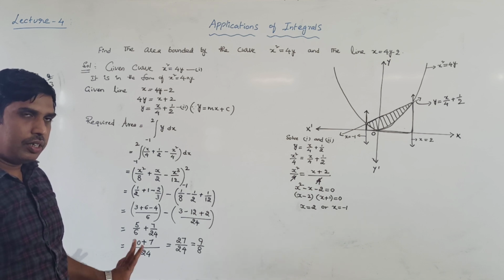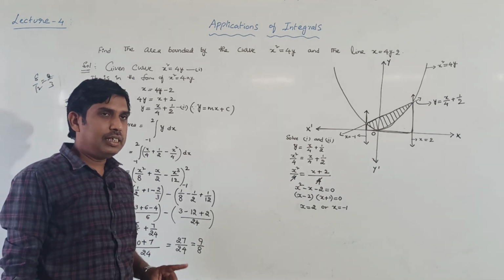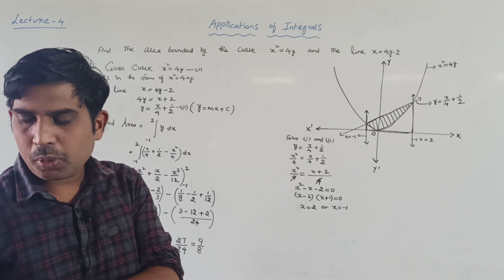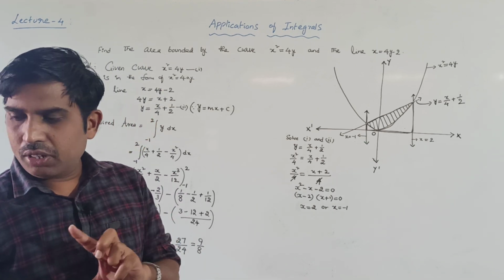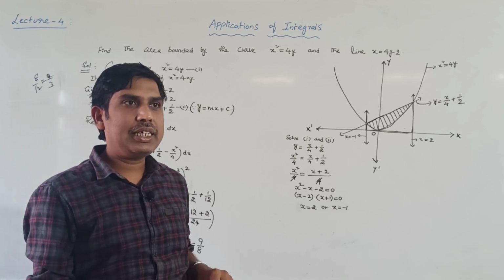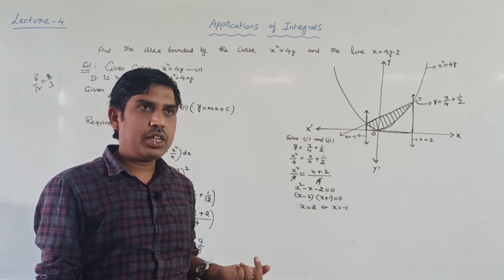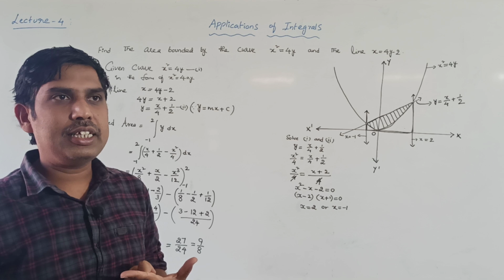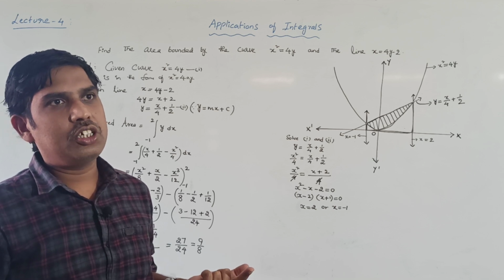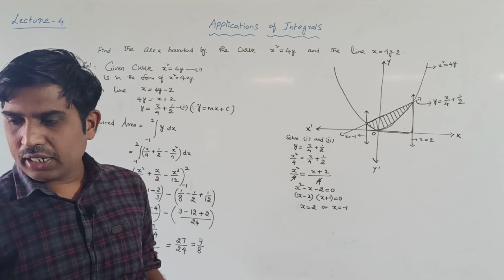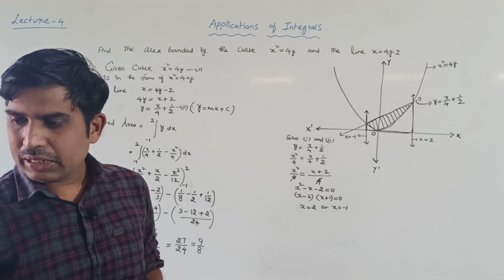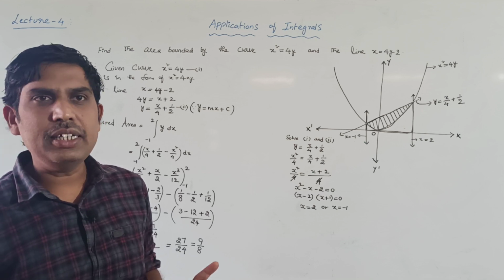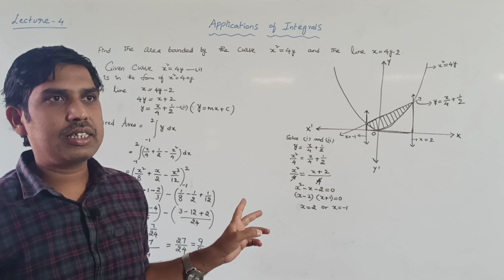Understood? Right. So tomorrow is the last class for this topic. Some 3 to 4 problems remain. The topic of area between two curves, this time they removed it, right? That's why tomorrow one class is needed to complete that one. After that we'll go to the new chapter. So today I will stop this class, and tomorrow we'll continue and do the 3 to 4 remaining problems. So tomorrow is the last class for this topic.